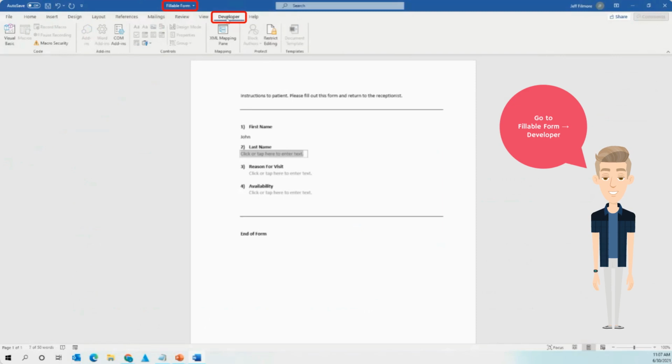Now, you may not see the developer tab by default, so you might need to manually enable this tab if you do not. And the way to do that is if you right click up here on the toolbar ribbon and then say customize the ribbon,